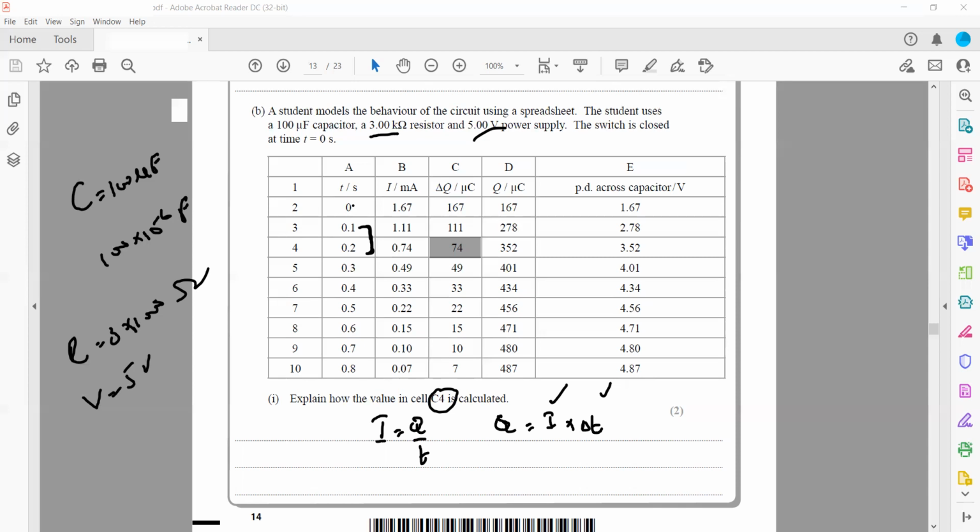Current is in milliampere here, so 0.74 milliamps, or 10 to the power minus 3, times the time interval. So the time interval from 0.1 to 0.2 is 0.1. When we multiply, it comes out as 74 times 10 to the power minus 6 coulomb, or 74 micro coulomb. So you can see here the